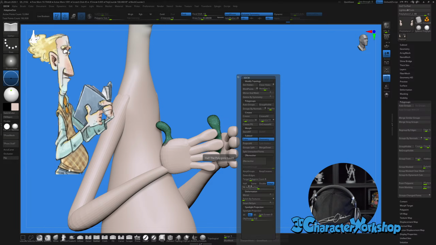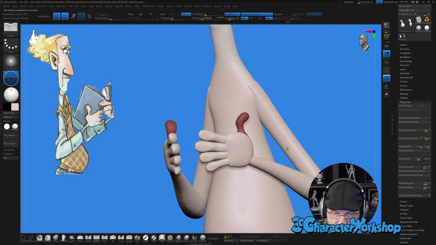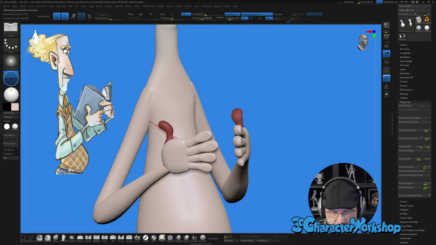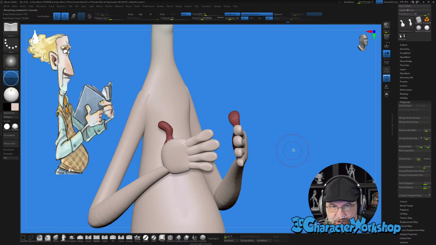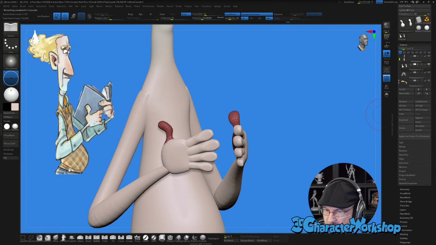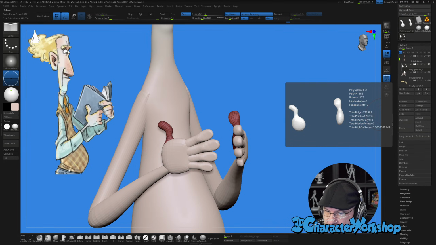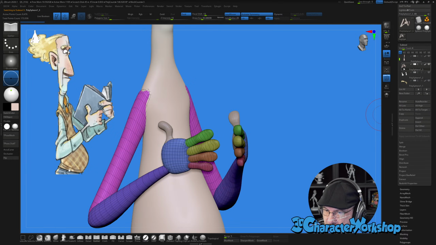I need to do target poly count 1. Maybe even 0.5. There we go. So that gets rid of all the Sculptris Pro geometry, you know, and then I can merge it back with the hands. So we're gonna go merge down.